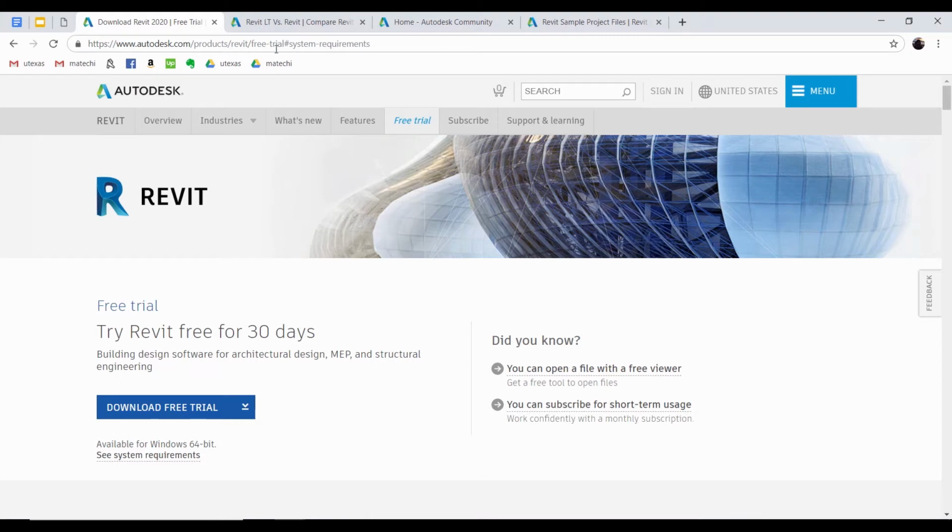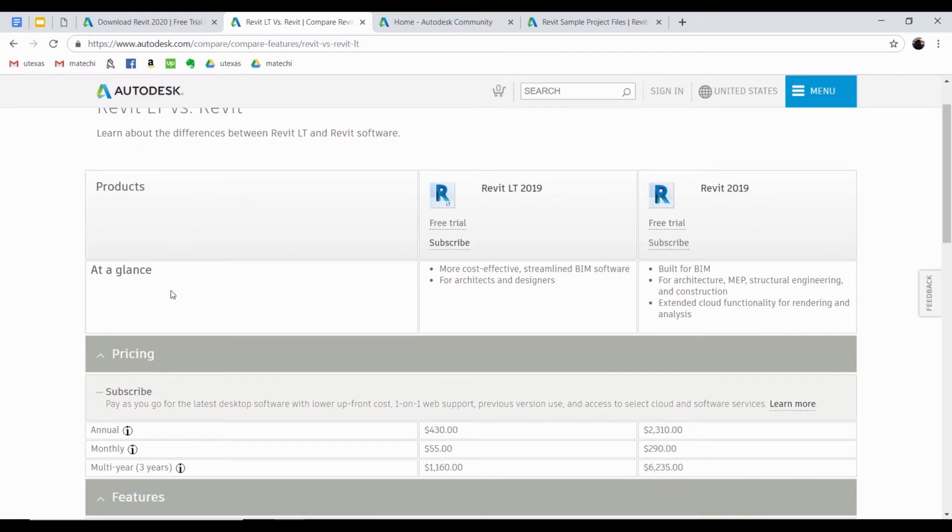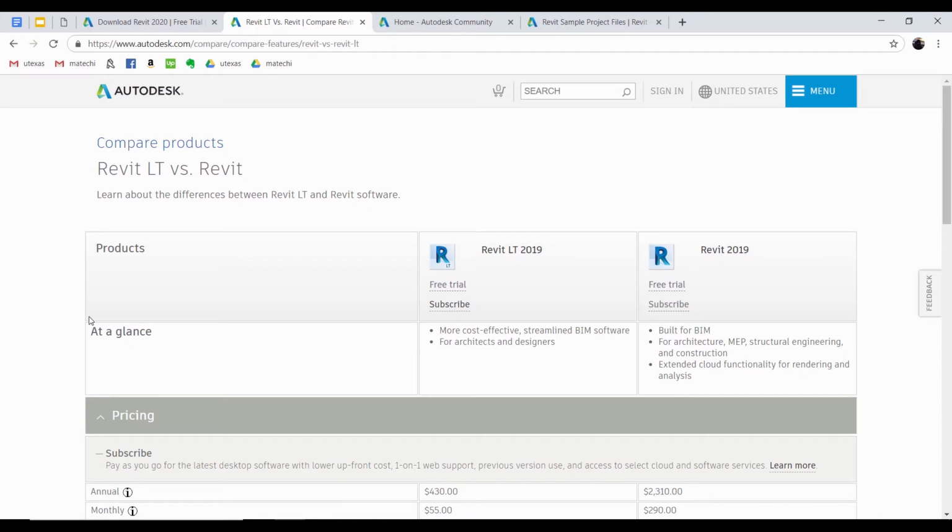There's also the ability to access Revit LT. We're going to go through the full version of Revit rather than LT, but you should be able to look at the different abilities of either. Revit LT is a much lighter version and is also very cheap relative to the full version of Revit. Essentially, it allows you to operate on basic architectural elements and data, whereas the full version of Revit gives you the ability to collaborate and also use MEP, structural and other aspects of the tools that you may want to use in Revit.